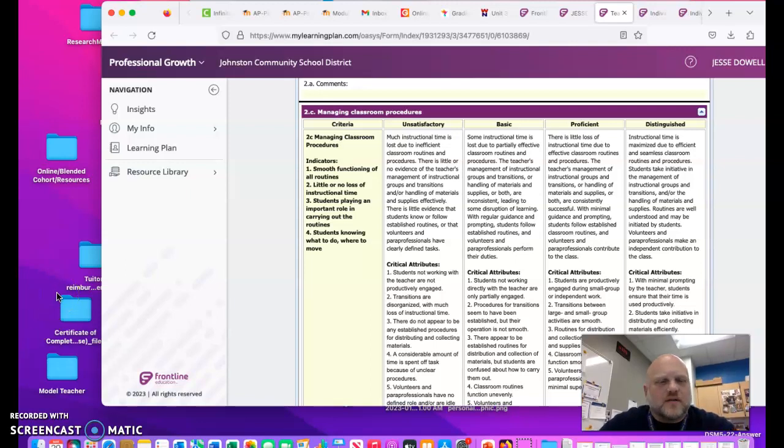Hello, this is another artifact for 2C. It maybe could go with others as well, but I felt like it most closely went with 2C, which is managing classroom procedures, which is going to help with smooth functioning of routines, little or no loss of instructional time, students playing an important role in carrying out the routines, and students knowing what to do and where to move,